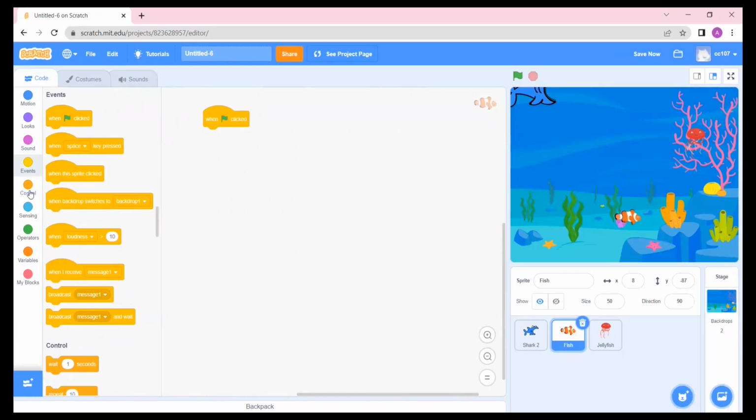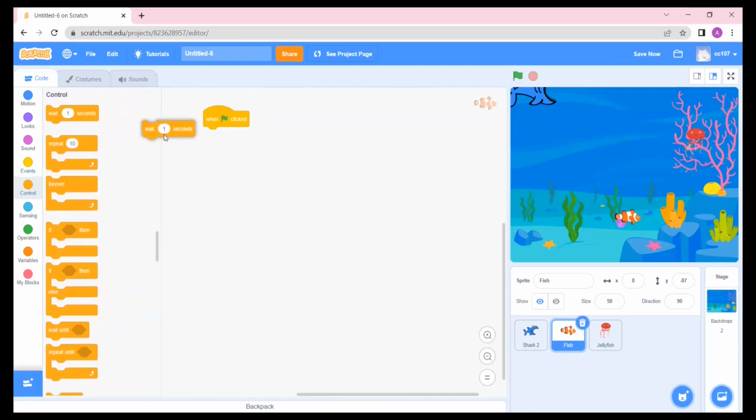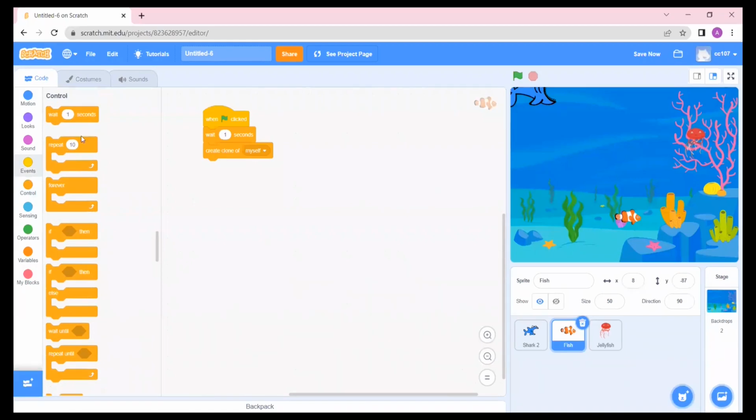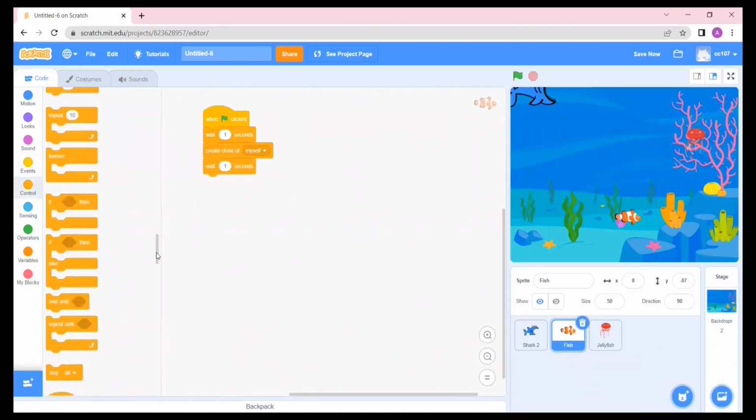So I'll go to control and I'll take this wait 1 second block and put it over here. Okay, now after waiting for 1 second, as I told you, there are multiple fishes coming. Multiple fishes means we need a clone, so we need to create a clone of myself. Once it creates a clone of itself, again it should wait for 1 second and then it should create another clone,